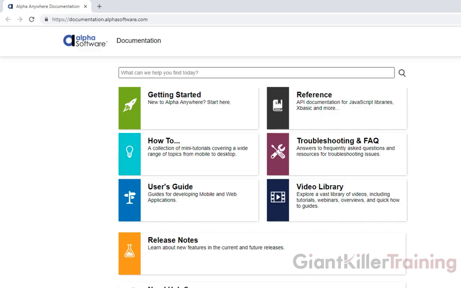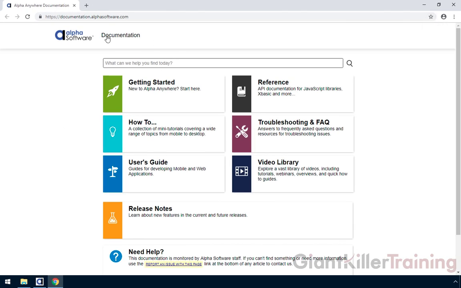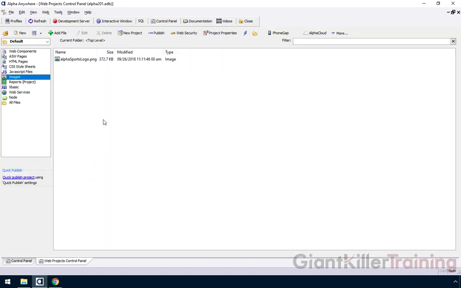Also built into this is the ability to report an issue. So if you find a piece of documentation that's either missing or doesn't look right, you can report that and the team will focus on getting that cleaned up and taken care of for you. So very helpful. I would in fact go ahead and bookmark this site to have it available for whenever you need to search for information during your development process. I'm going to return back into our Web Projects control panel, and then we'll move on to our next step,